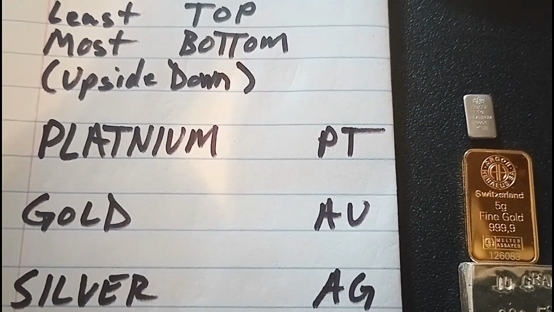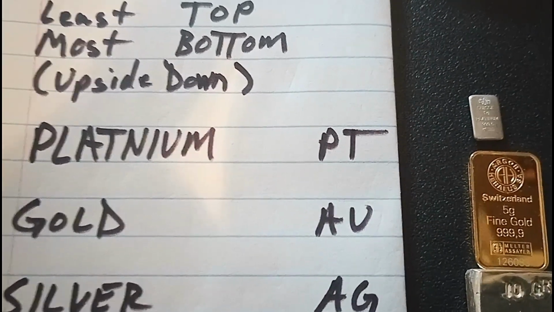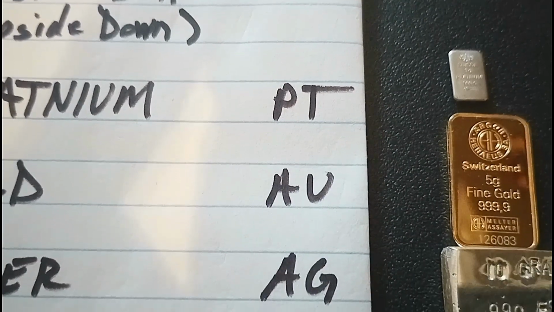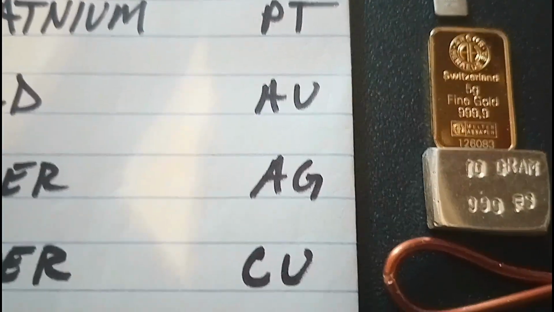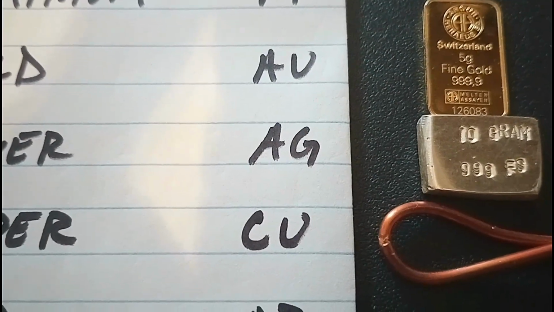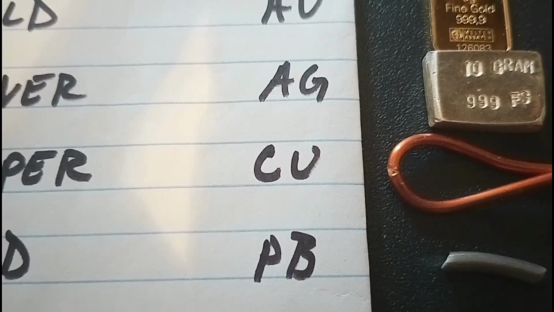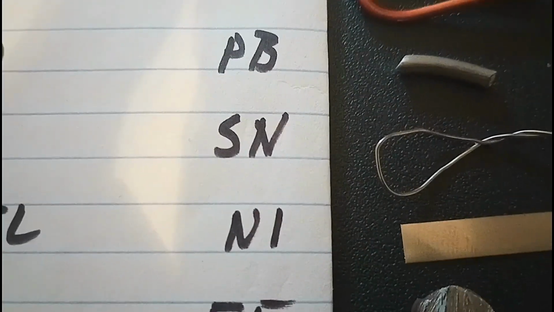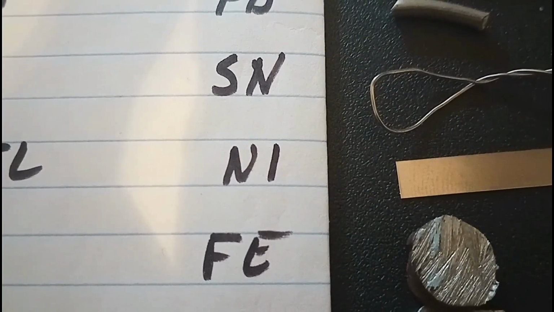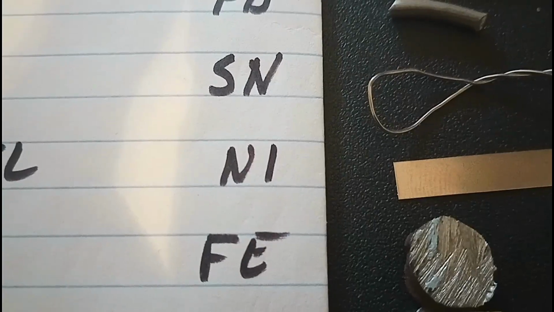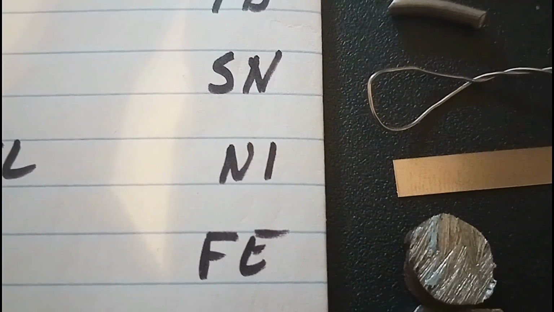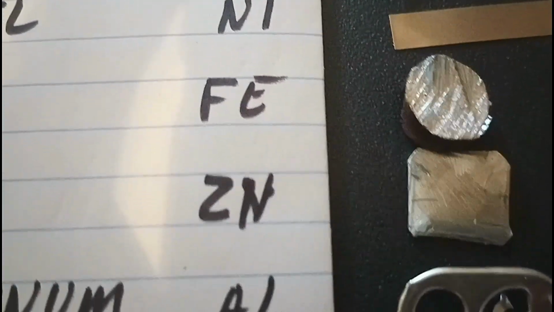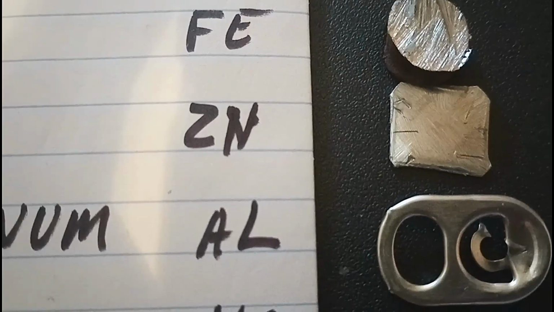I have examples here for each one of these on the right hand side. At the top you'll see 1 gram of platinum. Oh, it's so tiny. And then there's 5 grams of gold, 10 grams of silver, a couple of grams of relatively pure copper wire, a small segment of lead, a tin wire, a nickel strip, and this is a piece of rebar for an example of iron, which rebar is made out of steel, which is iron and other things, but mostly iron. And this is a little square of pure zinc, and then an aluminum can tap that most people will recognize,